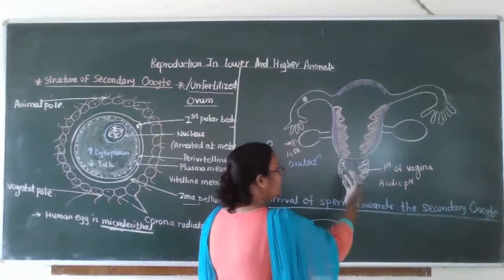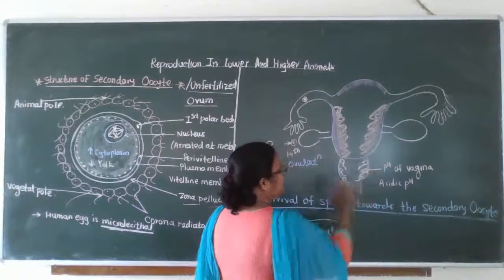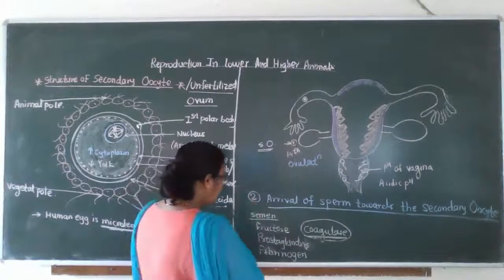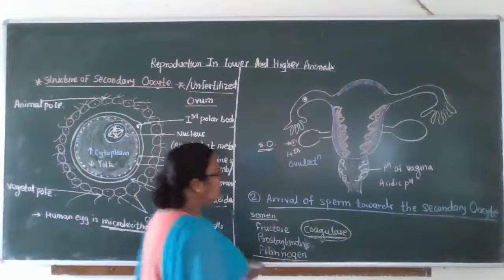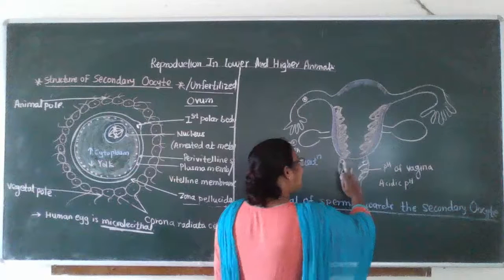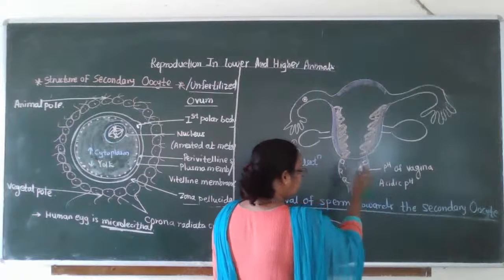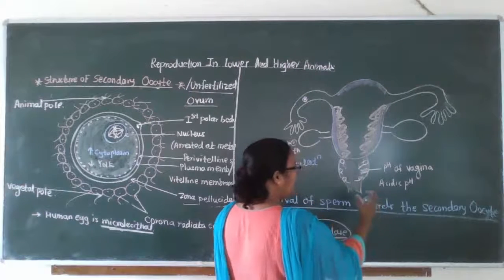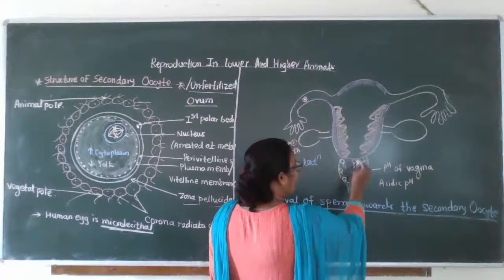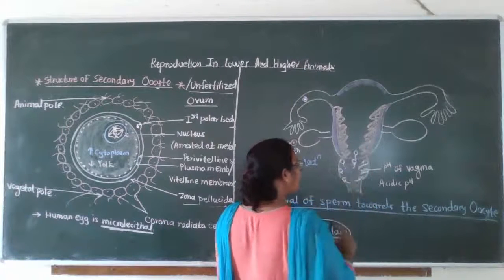The viable and highly motile sperms get latched on the wall of the vagina, in the coagulum. After some time, another enzyme works on it, that is fibrinogen. This fibrinogen releases fibrins, so the coagulated semen is freed, and the sperms get free and then enter from the vagina into the cervix.